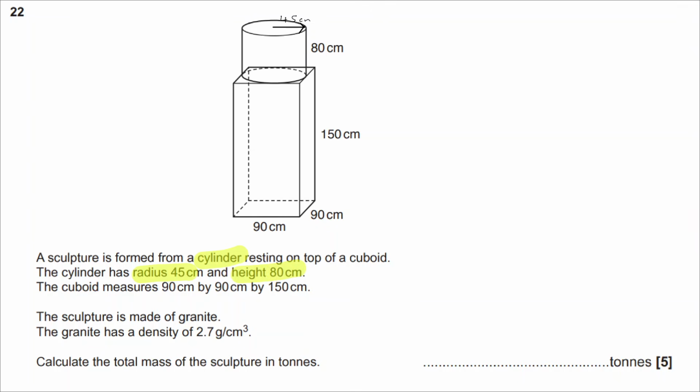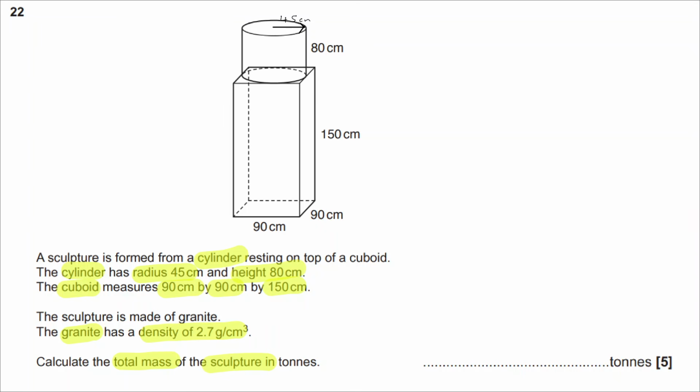The cuboid measures 90 by 150, which you can see. The sculpture is made of granite, so the whole of this thing here is made of granite. The granite has a density of this. Calculate the total mass of the sculpture. Again, a bit like the question on population density, just work out what you can work out to begin with. But pretty key here, you've been given mass and